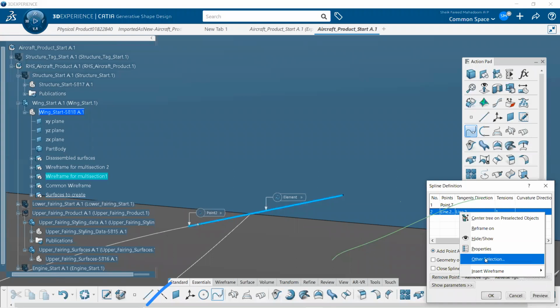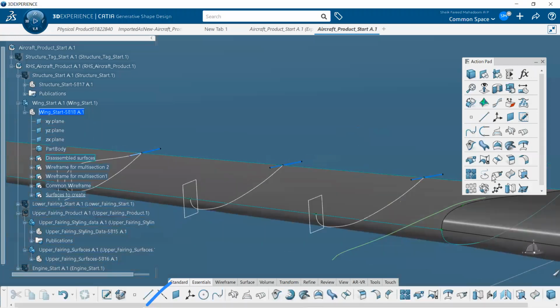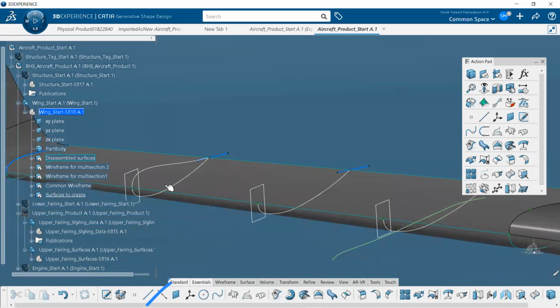So the line is selected. I will repeat it once again. Look very carefully, because these profiles are going to be the outer wireframe of the wing.